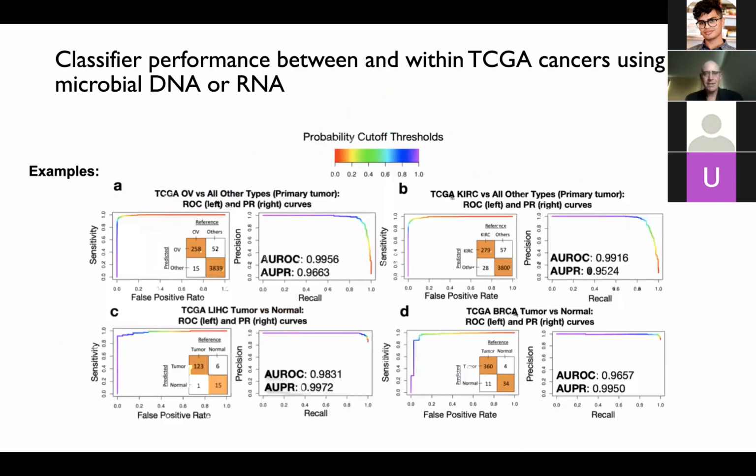And this gives you a sense of the classifier accuracy that Greg was able to achieve, where what you can see is that typically the ROCs are very nice, with the area under the curve being in excess of 99%. And what this means is that we have very accurate ability to classify a subject as either having a cancer or not having a cancer, and also understanding which cancer it is, whether we use the DNA or the RNA.